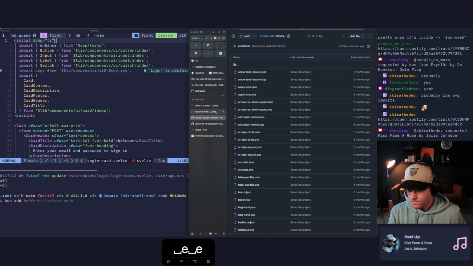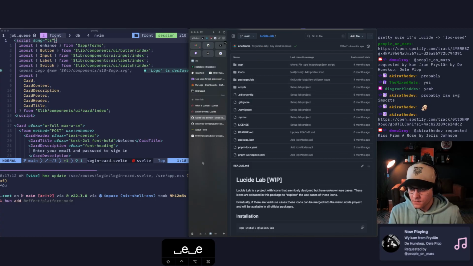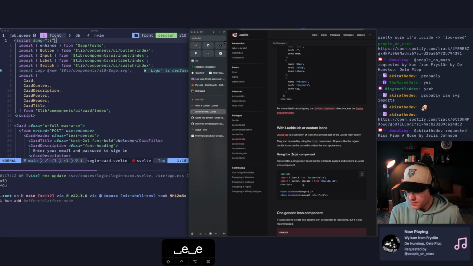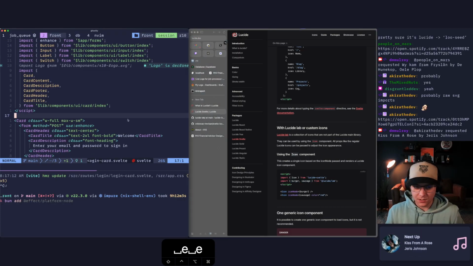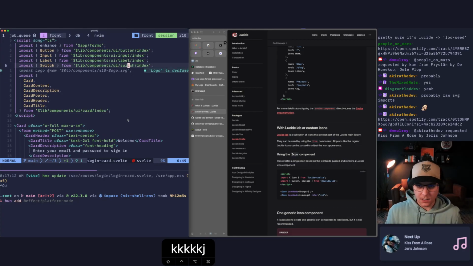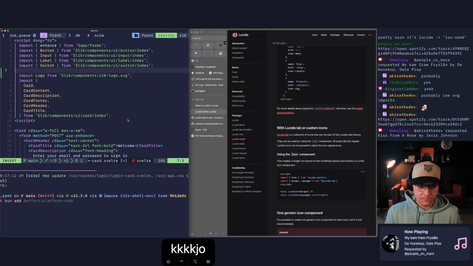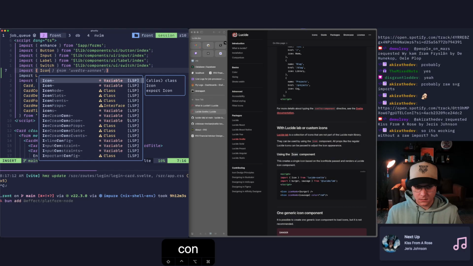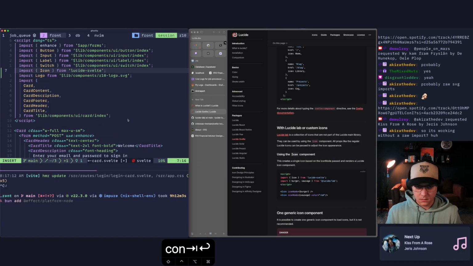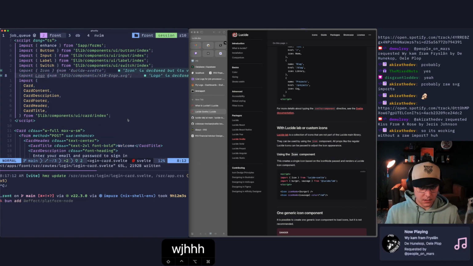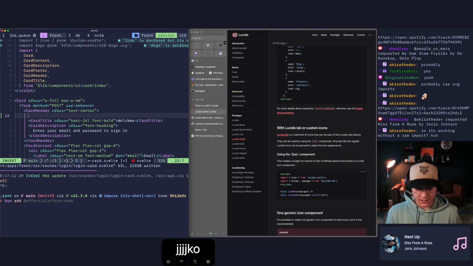So that means, looking at this example, this is SVG coming in, and we should be able to use icon. Import icon from Lucide Svelte, and then this will be logo, and then down here we'll put